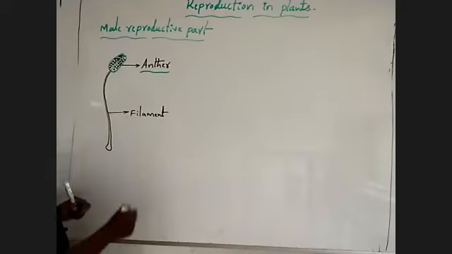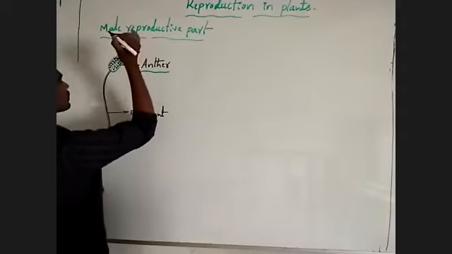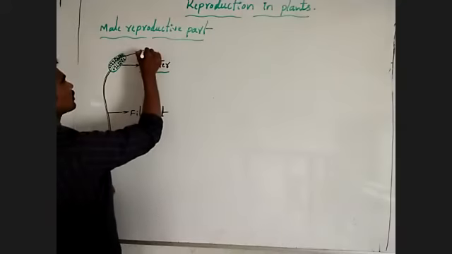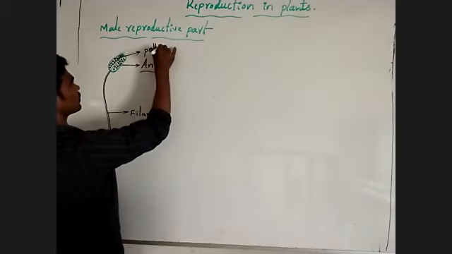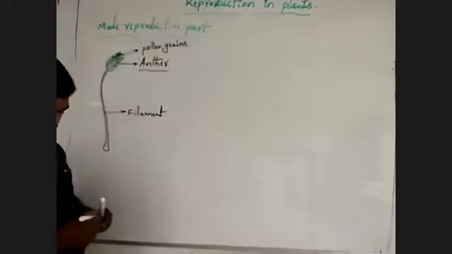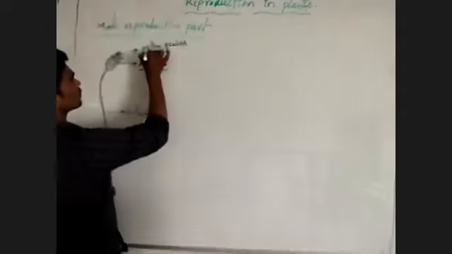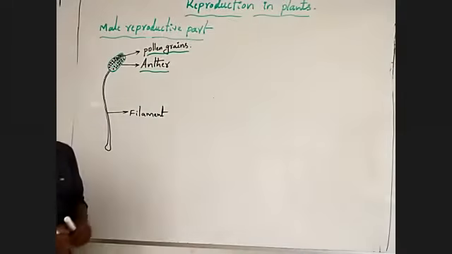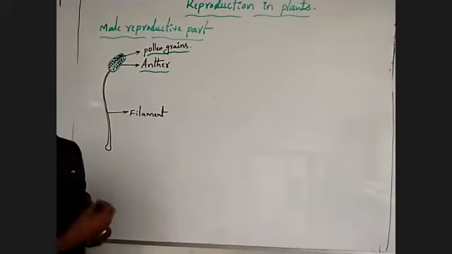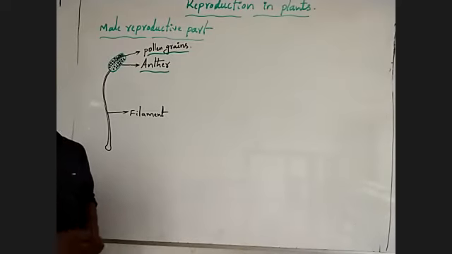What are these grain-like structures present in the anther? These are pollen grains. These are actually pollen grains. Listen, pollen grains play a very important role here. Can we see the pollen grains in a flower? Can we see the pollen grains by taking a flower? Yes, we can see the pollen grains.